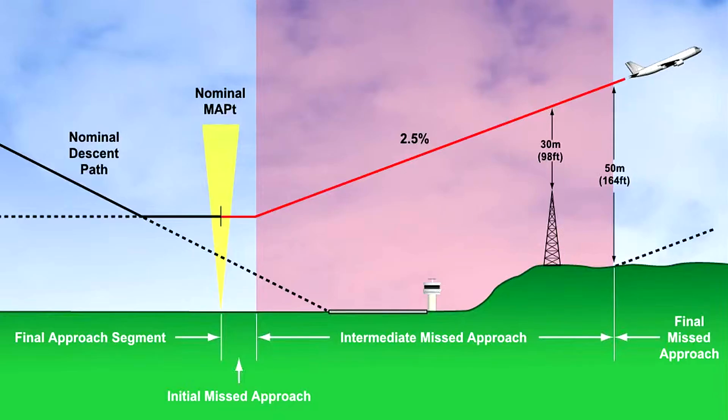The intermediate phase begins at start of climb and is the phase in which the climb is continued, normally straight ahead. It extends to the first point where 50 meters obstacle clearance is obtained and can be maintained. The climb gradient will be 2.5% unless it says otherwise on the approach plate. The intermediate missed approach track may be changed by a maximum of 15 degrees from that of the initial track, and it is assumed that the aircraft will begin track corrections.